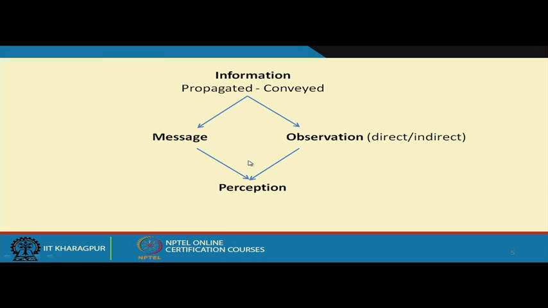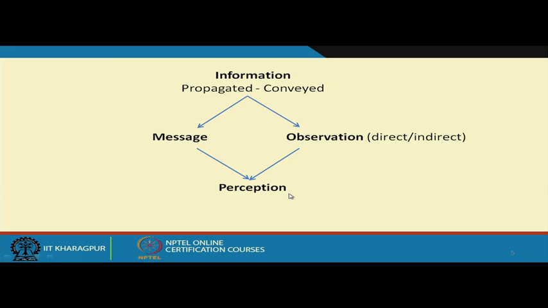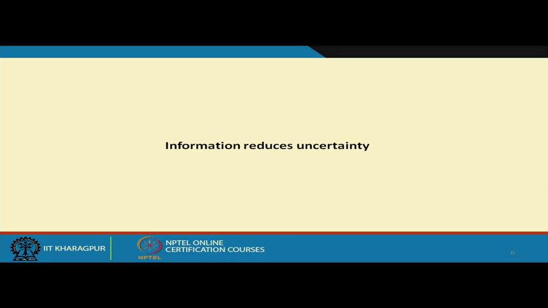So to understand, or even to start with visual communication or visual perception, we really need to talk a little bit about perception as well. And in this slide, you can see that both messaging and observation, which is a form of information propagation or conveyance, is ultimately dependent on human perception. In our next lecture, we will dwell more on human perception, and we will talk in detail about that. Moving on with the next slide,